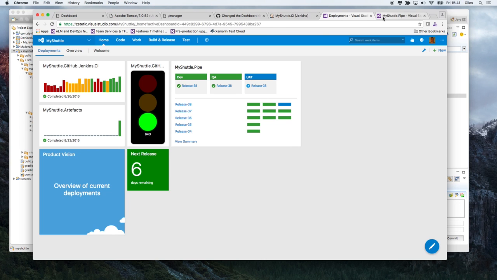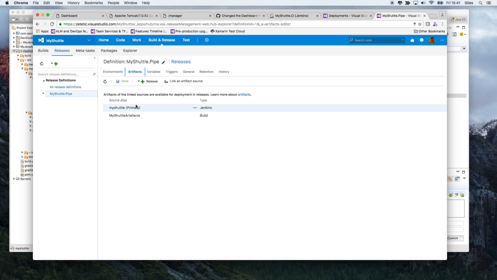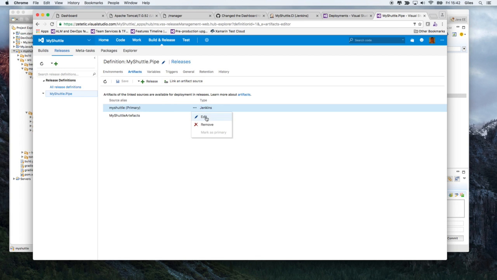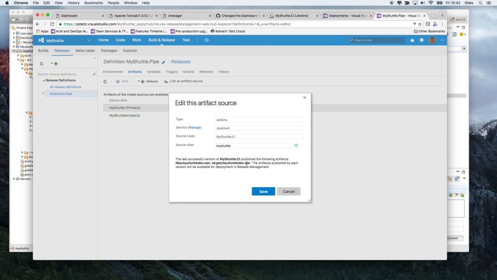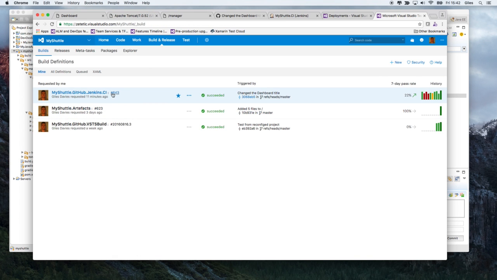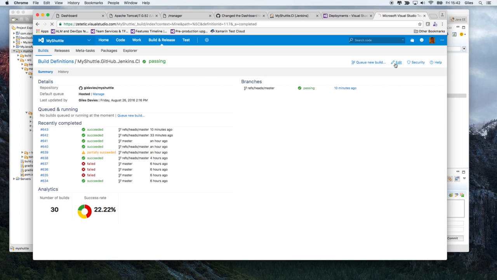If we go back briefly to things like the artifacts, this is where we're getting information from. You can see that when you say I want to link to an artifact source, you have a choice of going directly. Build is our build system. You can go directly to either Git or GitHub, or Team Foundation version control, or you can go and get your artifacts from Jenkins, which is what I've done here. So in this case, I'm getting my artifacts from Jenkins, and I'm picking up the WAR file directly from that source. And if we go to the builds, as I showed you, if we go in and edit these,